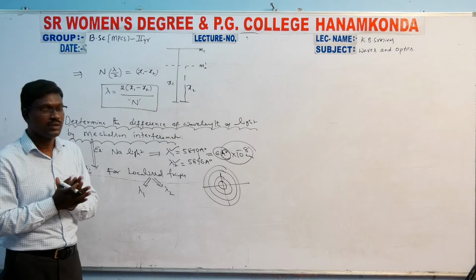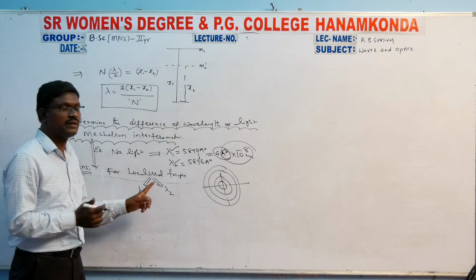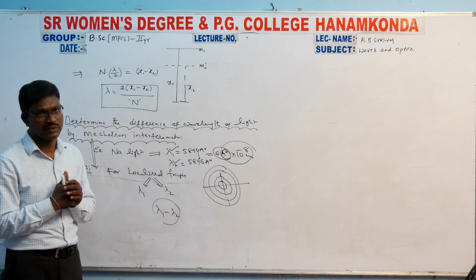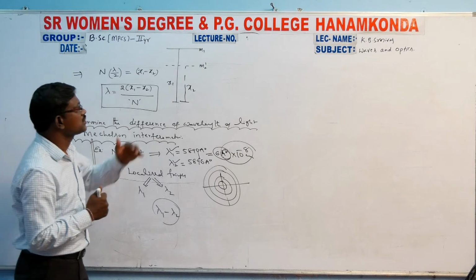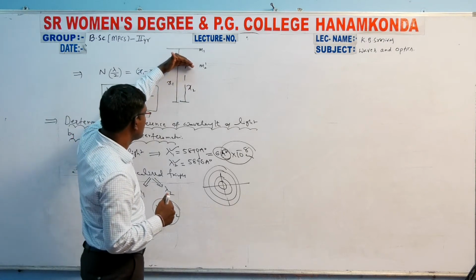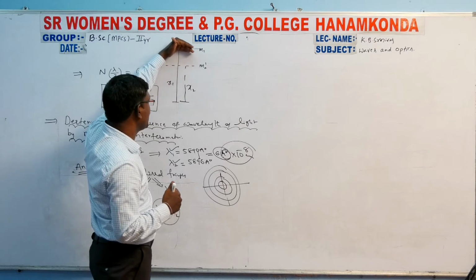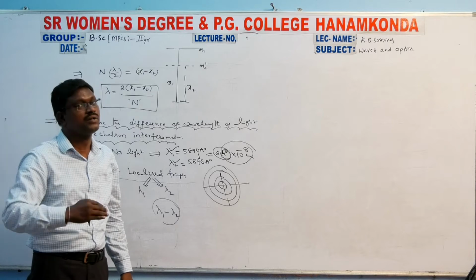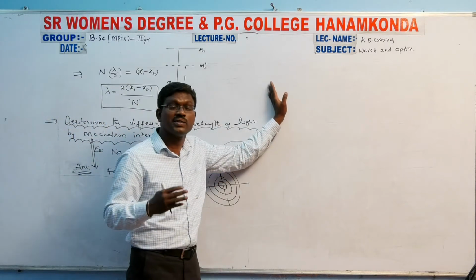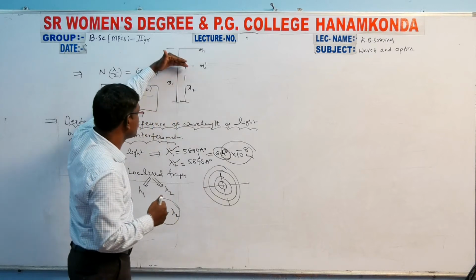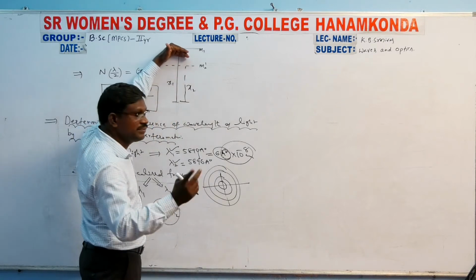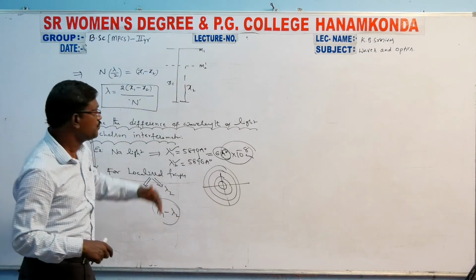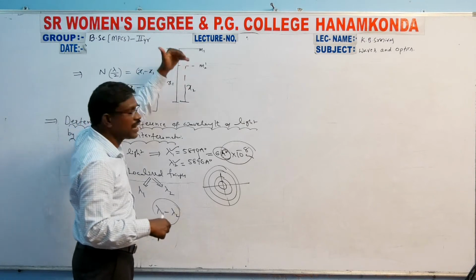What is our aim? We have to calculate the difference between these two wavelengths, lambda 1 minus lambda 2. After that, what do we have to do? Just move this M1 mirror away from the M2 dash mirror, in upward or downward direction. The M1 mirror can be moved upward or downward, whereas the M2 mirror is a fixed mirror. Just move the M1 mirror like this and simultaneously observe the fringe pattern through the telescope.